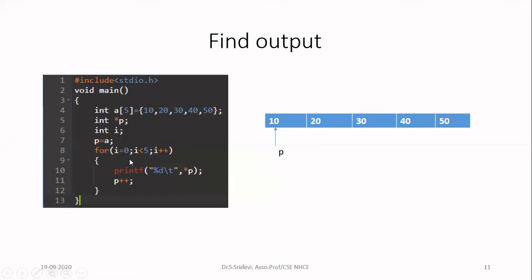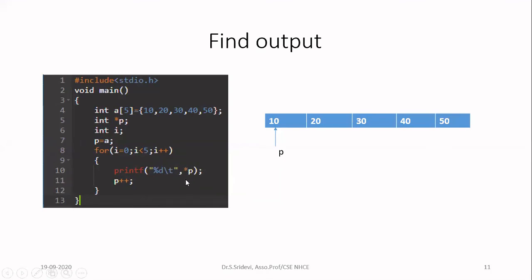Then I have a for loop. In the for loop, I am going to repeat certain operations 5 times. I have a for loop counter variable I, which will vary from 0 to 4. I am going to repeat the loop 5 times; it is only a counter. Inside the for loop, I am printing star P. Can anyone tell me what will be printed now? When I is equal to 0, what will be printed?